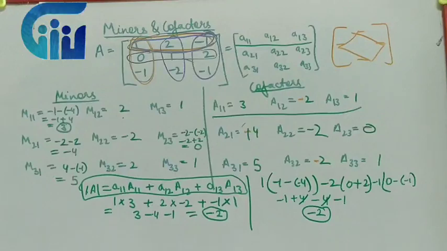Very important result. Whenever I multiply the corresponding elements with their corresponding cofactors and add up the whole thing, what I am getting is the value of the determinant. Remember very carefully, this is applicable for a particular row and that particular row's cofactors. If I multiply the second row elements with the second row cofactors, I'll again get the value of the determinant. Similarly, if I multiply the third row elements with the third row cofactors, again I'll get the value of the determinant. The same is applicable to the columns.